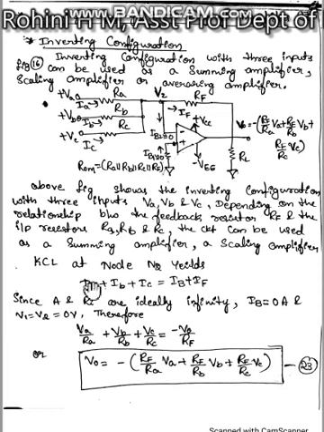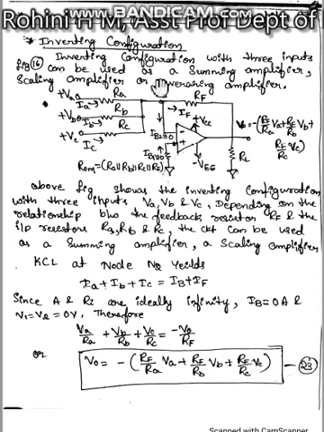When we substitute, IA can be written as VA by RA, whereas IB can be written as VB by RB, and IC can be written as VC by RC. And similarly, IF can be written as Vout divided by RF. Actually, it is the potential difference, VA minus V2 divided by R1, VB minus V2 by R1, VC minus V2 by R1.